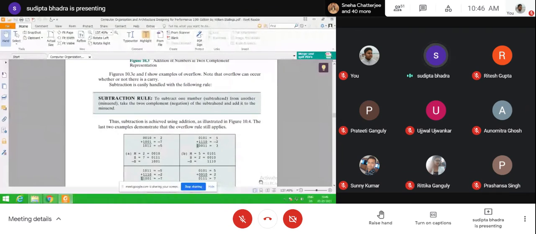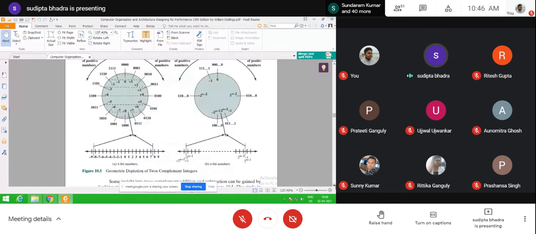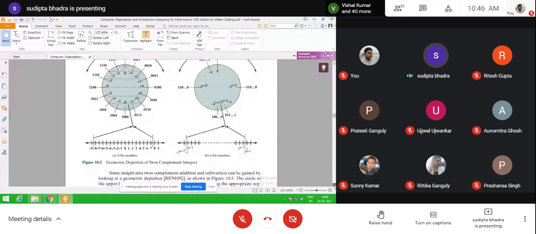So in subtraction also there is an overflow condition. Overflow means, again, if the result fits within 4 bits, no problem with the sign part. If it doesn't fit within the 4 bits, then the overflow condition arises. Two signs may be the same, but if the result fits within the 4 bits, it will not generate overflow. Now, very fast, we have to see some circuit diagram.